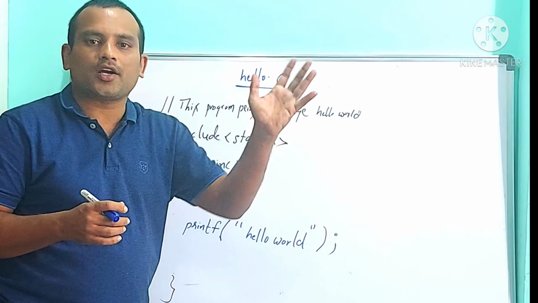Machine understands only machine level language program that contains only zeros and ones. But as a user, I don't know how to write a program using machine level language which contains zeros and ones. So what I need? Suppose, for example, I know only English. Another person knows only Tamil. I don't know Tamil. The Tamil person doesn't know English.